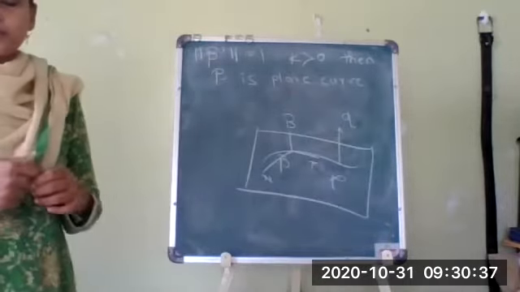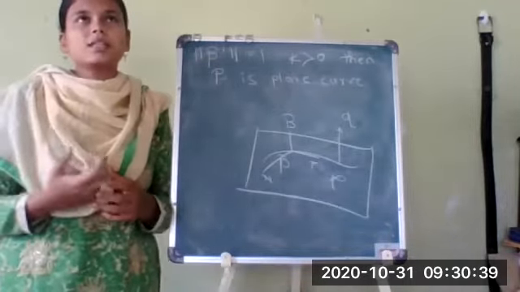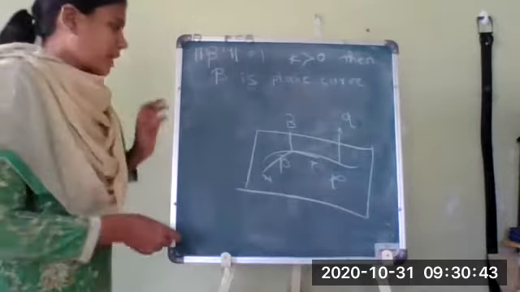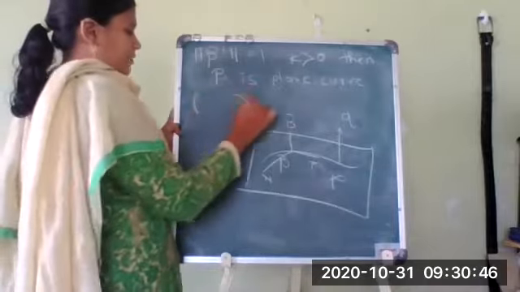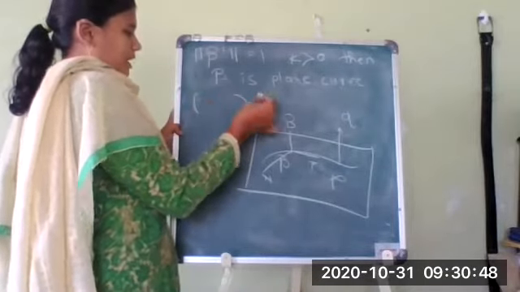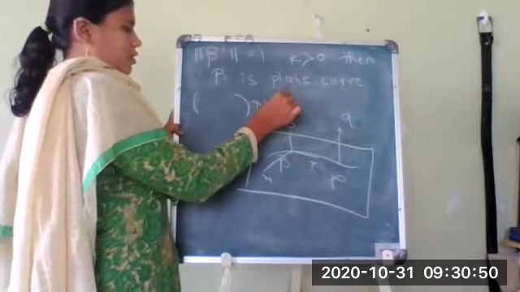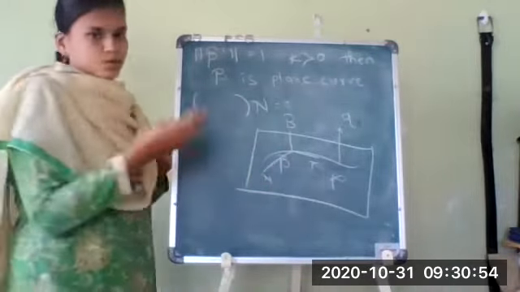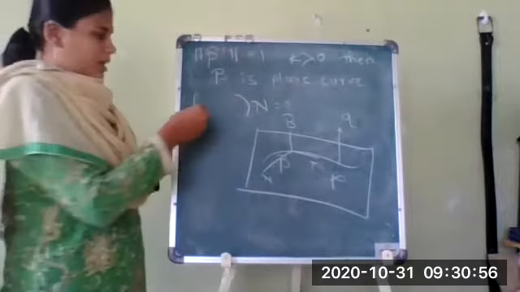If you remember, we have seen how to find the equation of a plane in the basic part. We have taken a normal to the plane, and the dot product should be equal to 0. Okay, tangent into normal equal to 0. Those who remember, we have written an equation.